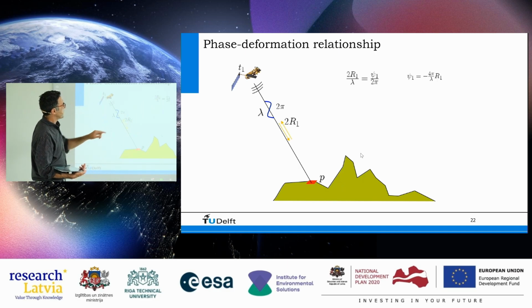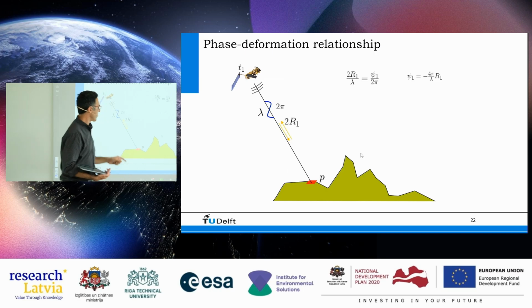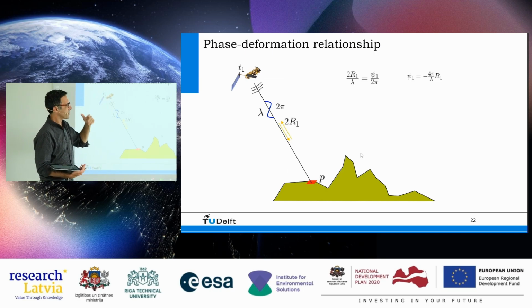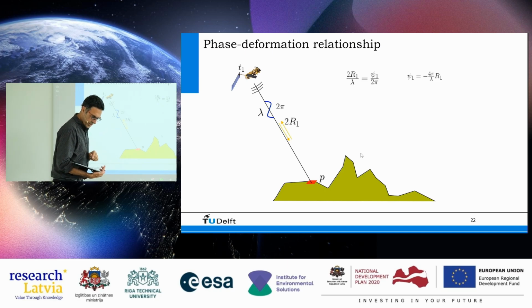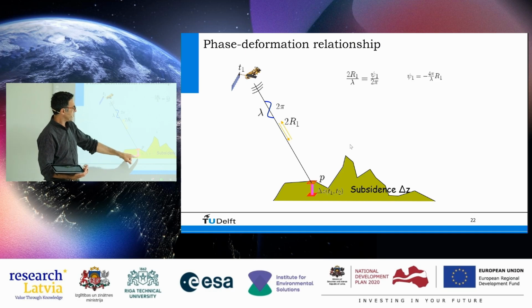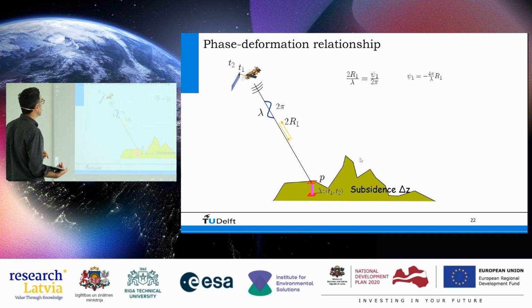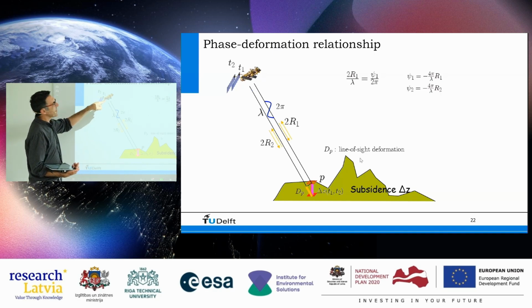If we describe it like this, the observation of one image is psi1, related to R1. But that observation is very difficult, well, actually impossible to use unless we difference it with another acquisition. What happens now is that there is subsidence. This point now goes down, the satellite flies on, but there is a delta Z subsidence, maybe 1 centimeter. Now the satellite is coming again, and we assume that it is in exactly the same position.